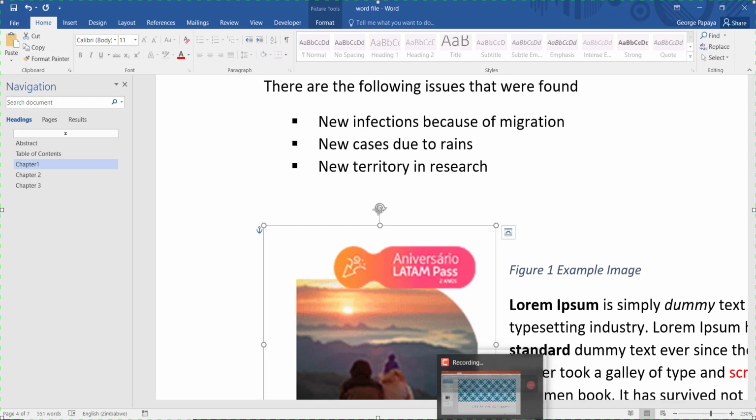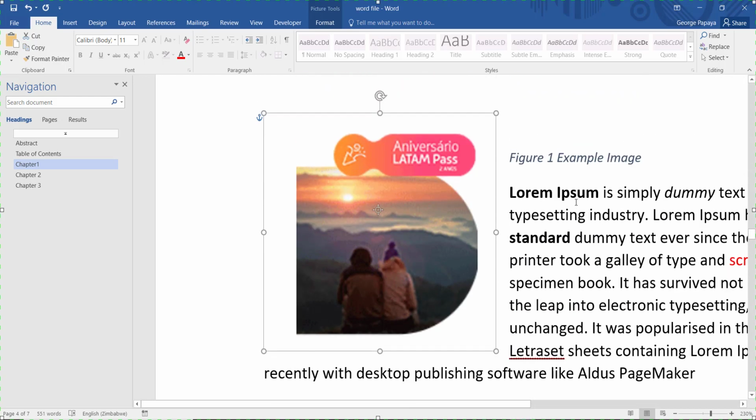So the moment I set my text wrapping to square, it actually goes around my image. Or I can play around with my image to get what I'm hoping to get. However, if I put a square, my figure then goes to the right, I think. And then it tells me Figure one, example image, and the text is around the image, if that is